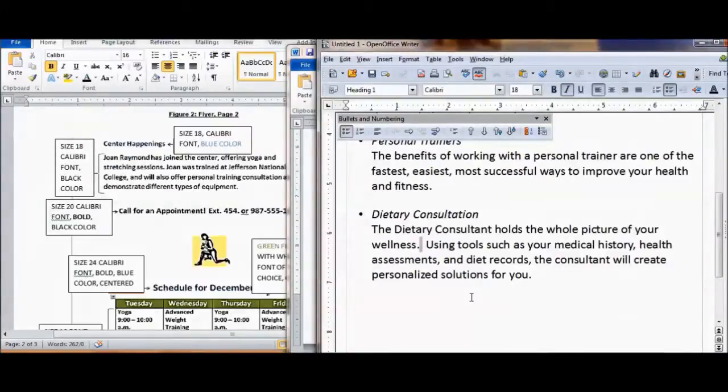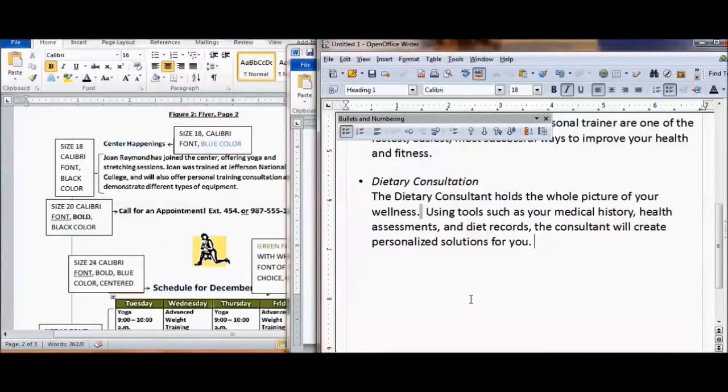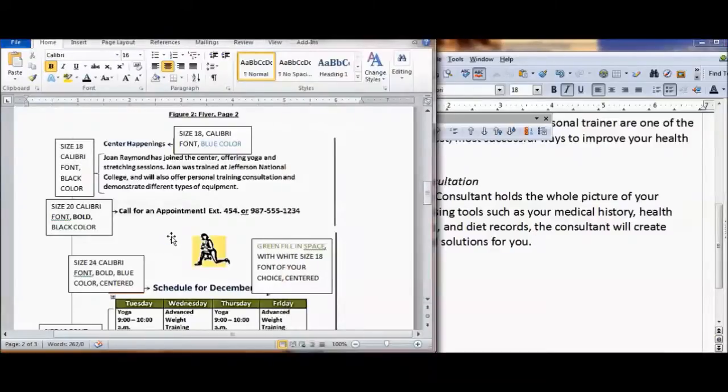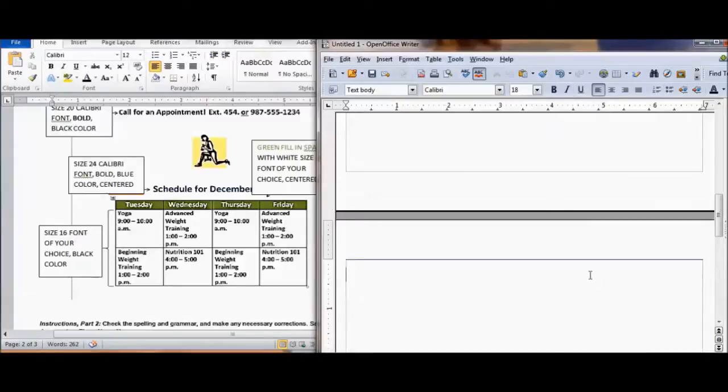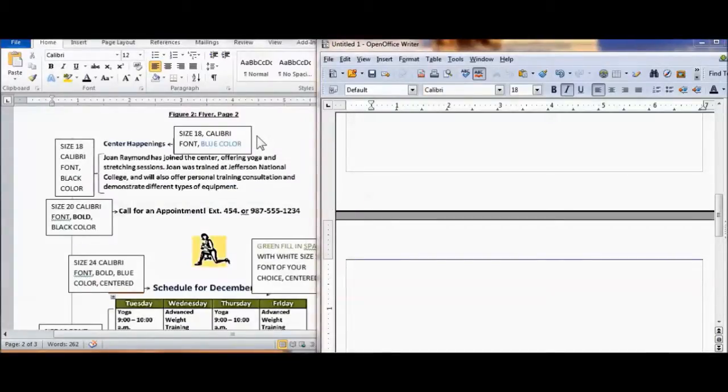So we're going to force a new page, or you just click enter on down till it turns a new page for you. But we're going to the second page here. I always think it looks better if I force a new page, but you can give yourself a new page just by going enter, enter, enter until it pops up a new page. But I just like to hold down the control key and hit enter, and it brings me to the second page. So what we're supposed to do in the second page, we're supposed to make this size 18 Calibri in